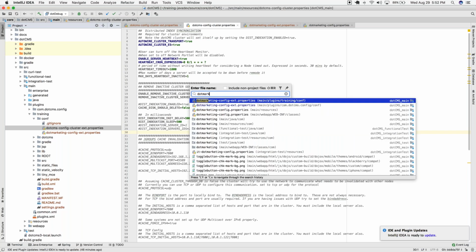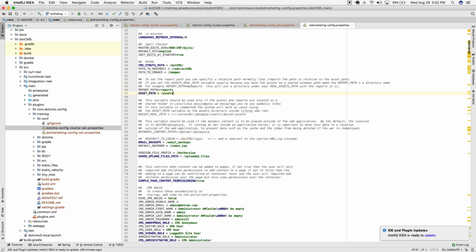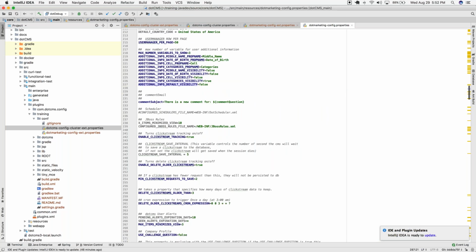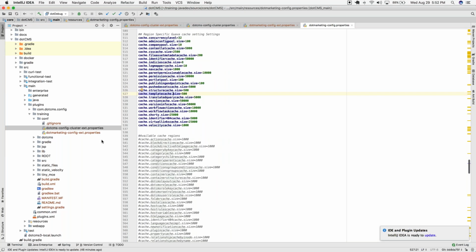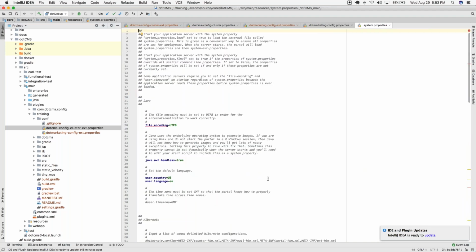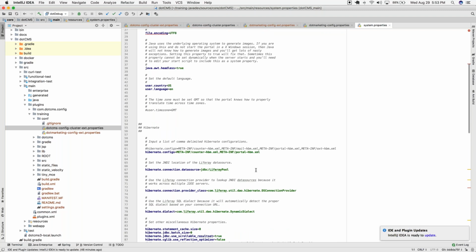Dot marketing config. This is the main one. That group most of the configuration. And also there might be others such as the system. You know, this system is basically a file that we're gonna take and put all the content into the